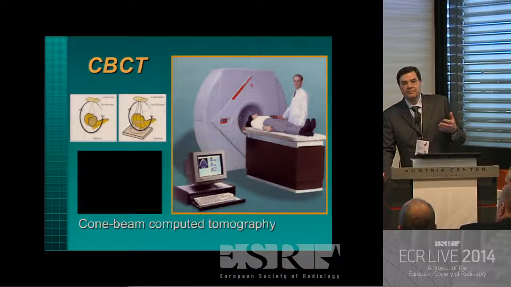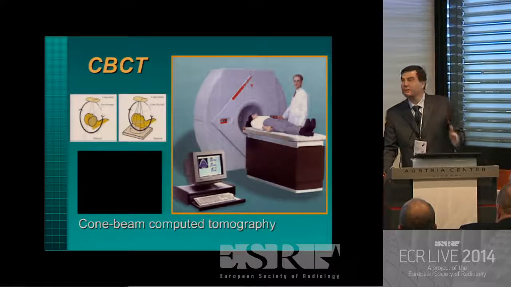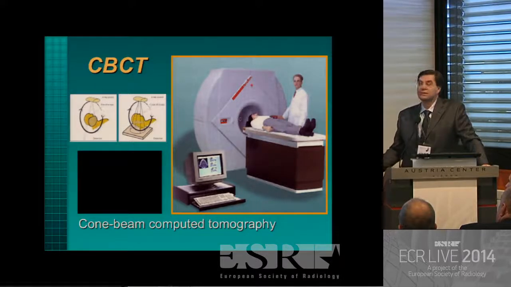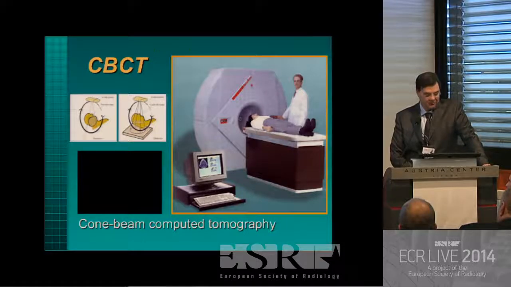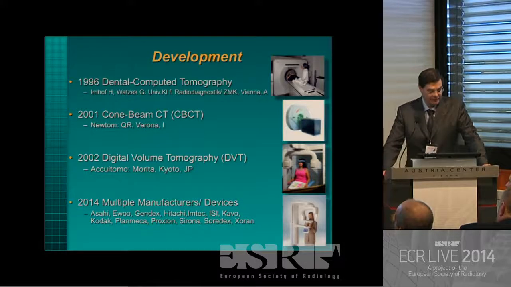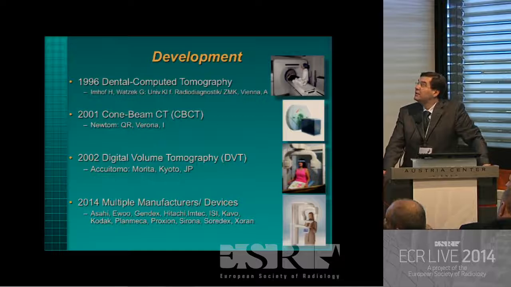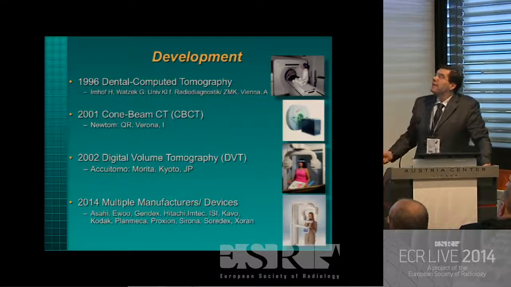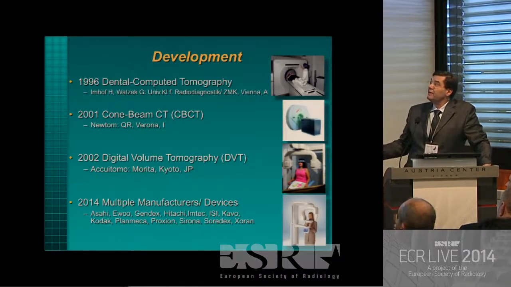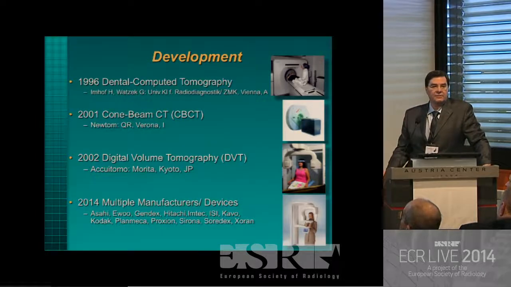Cone beam CT is some kind of CT light. You don't have a collimation of the single slices. They are just calculated, so you have some artifacts from that. But de facto, these devices are very similar and getting more and more similar as time goes by. And so we put up our first CT device in 1996 at the dental clinic,